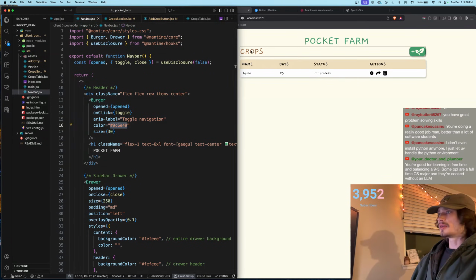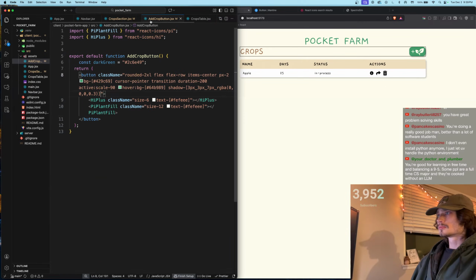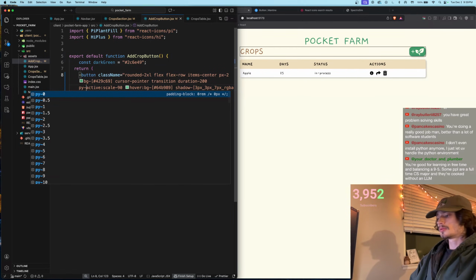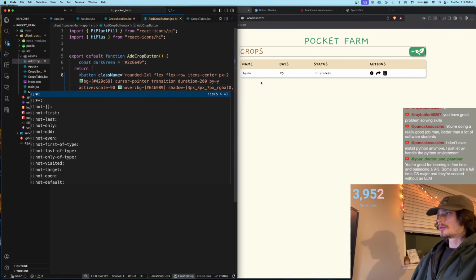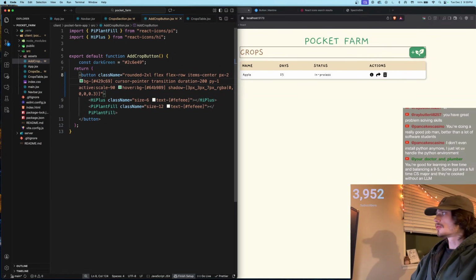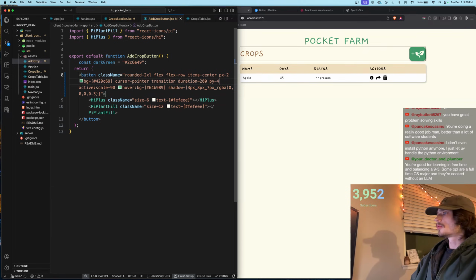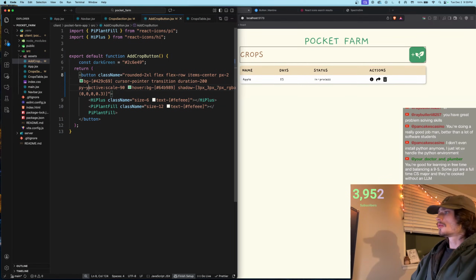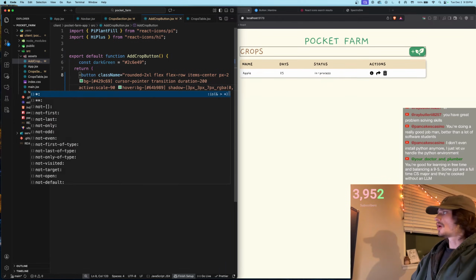So let's make that button just a little smaller. So size. This is padding in the X direction, padding in the Y direction is, oh, sorry, not that. We want to do